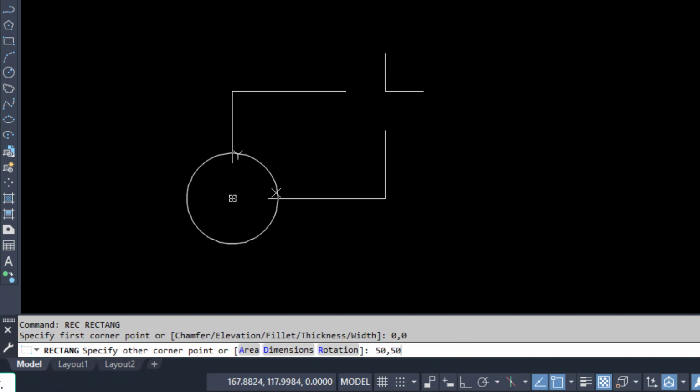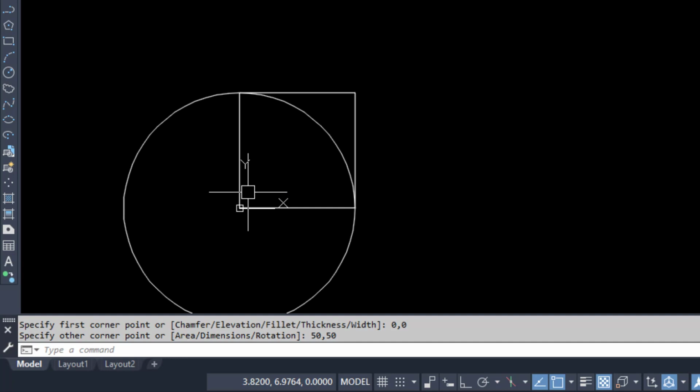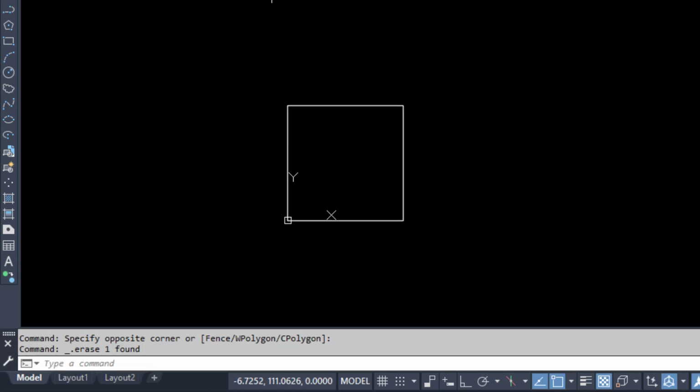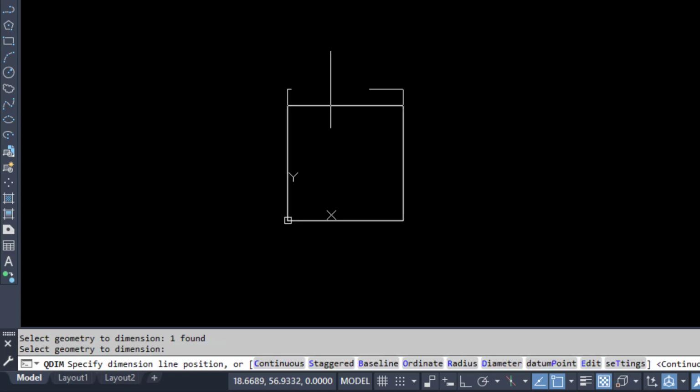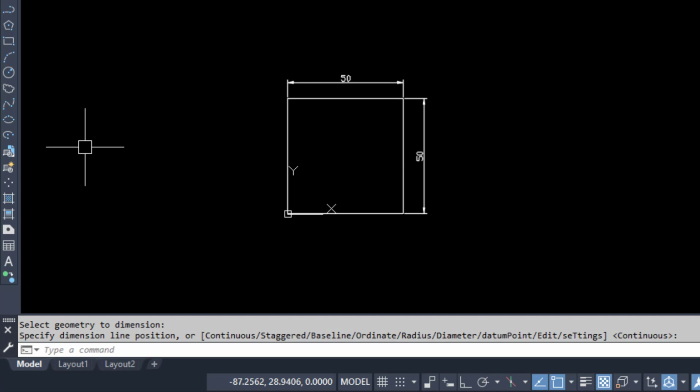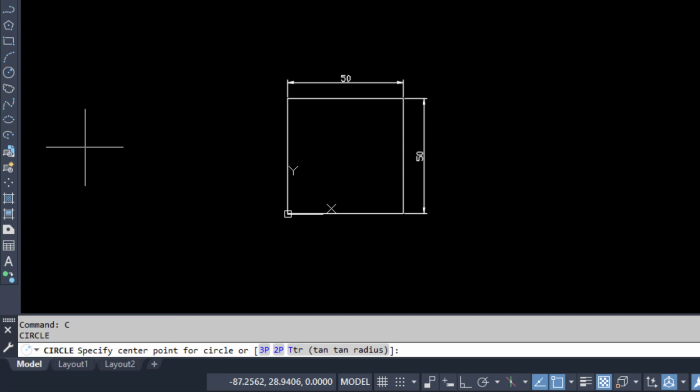Now for example, suppose I am having a block like this which is starting from the origin, but it is having a 50-50 length, and I want to make a circle at the center of this one. So the center of the rectangle will be 25, 25 as the square is of 50 square units. If I want to make a circle directly at the center, I will press C and press enter, and I will select 25, 25 from the command line.